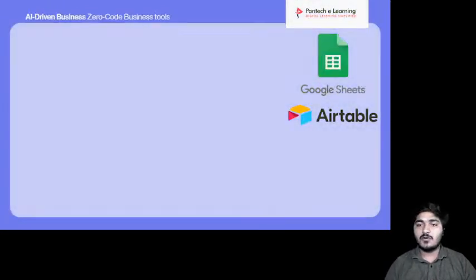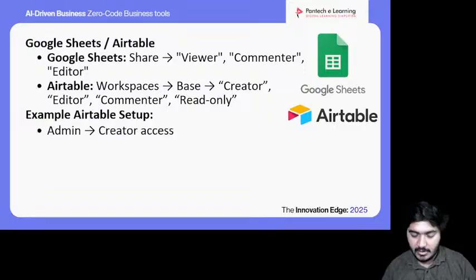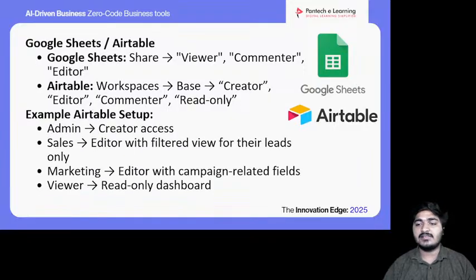So the first is the spreadsheet format applications, for example Google Sheet and Airtable. In Google Sheet, we can see what all the